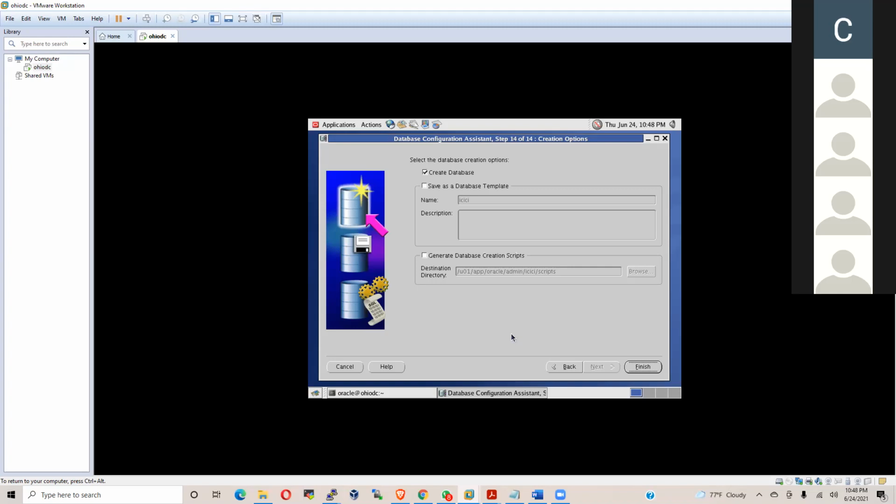So that is the reason I don't teach DBCA in the first class. I go with the manual method so that you have to know the subject. Without knowing the subject, DBCA, NetCA, whatever the configuration might be, all these GUI screens will make your life lazy. They don't make you understand the subject. That is why I avoid GUI methodology.